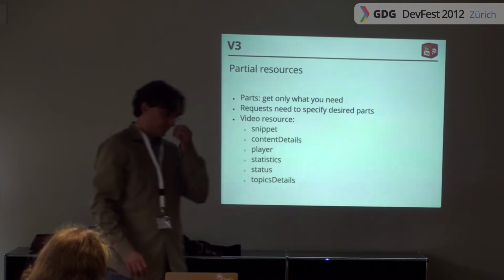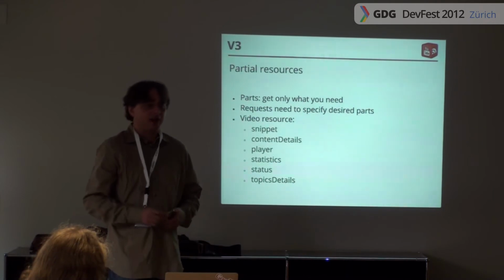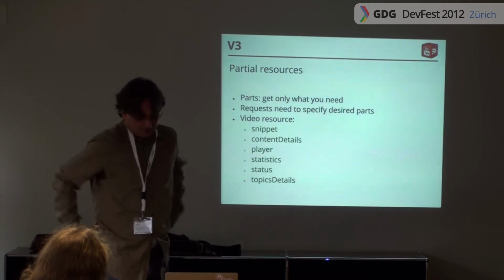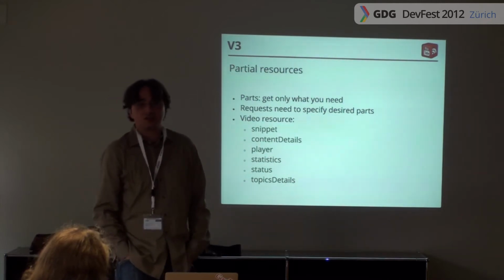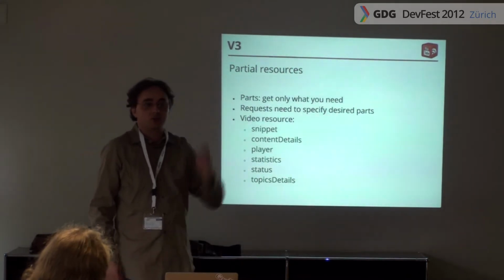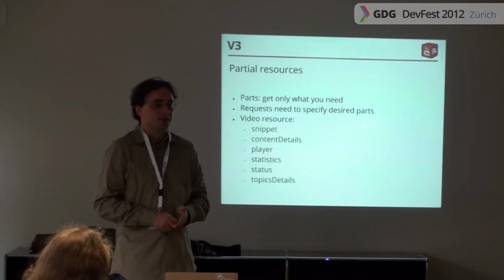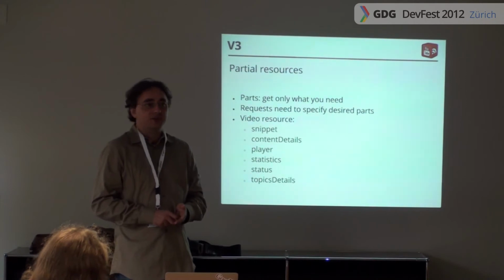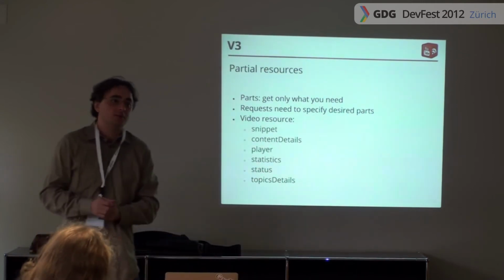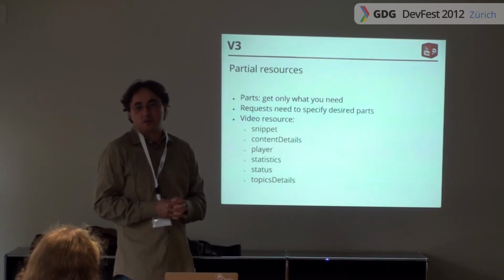So next, I just want to quickly deep dive a bit into the new design of the API. It is based on partial resources. We did this in order to allow you to ask only for what you want instead of getting the full metadata for your request. For instance, in the previous API, in V2, for a video you would get everything about the video when you asked for it, and that's a huge Atom resource with a lot of information most probably you don't care about.